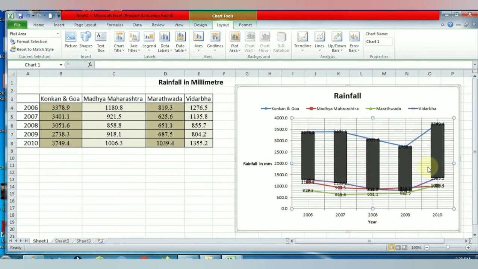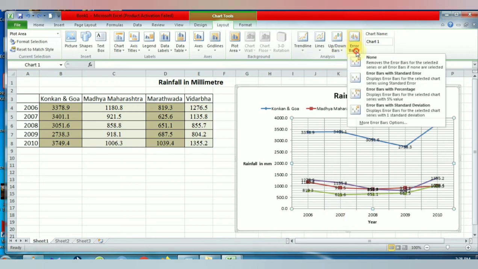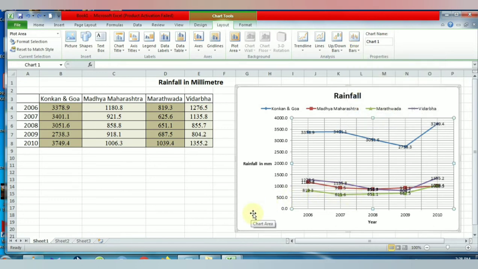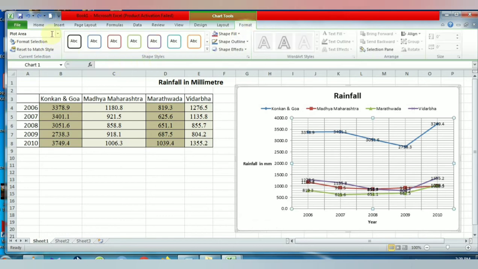You can see these types of bars will be displayed in the chart. Now, the next option is error bars. Using the error bar option, we can insert the error bars in the chart. So these are the various types of layout options available here.